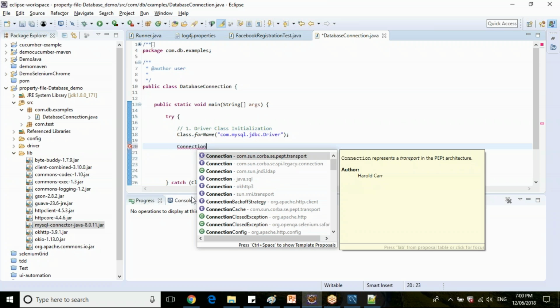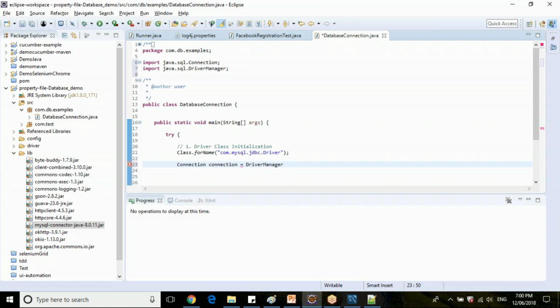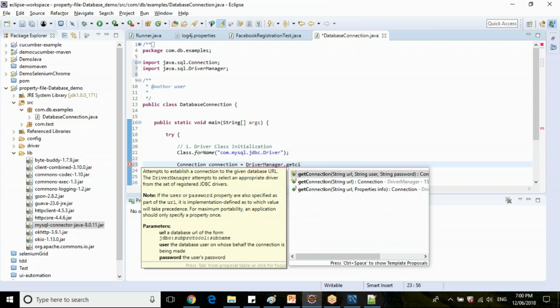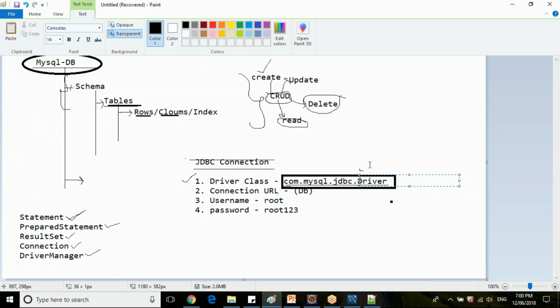So Connection is a class, sorry, an interface. Just give some instance name here, then DriverManager dot getConnection. Here you have three parameters which need to be passed: URL, username, and password.